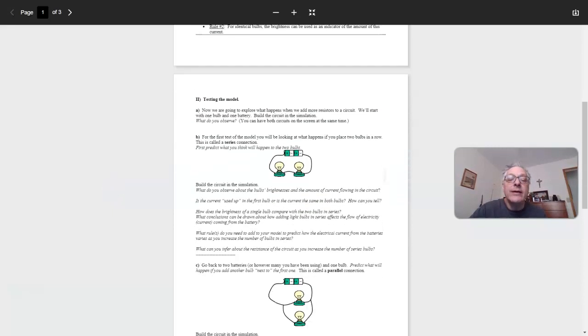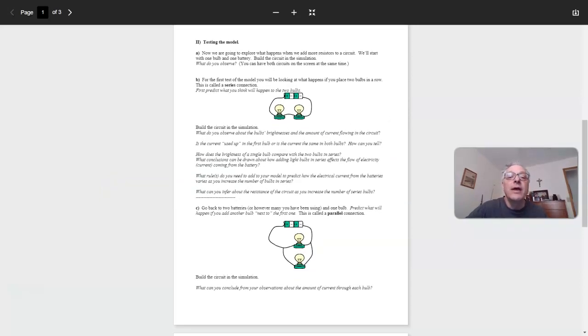So if you go down and look at the lab itself, the first thing we're going to do is have a battery source. Our picture here actually shows two batteries connected in series. We have two batteries connected in series, connected to two light bulbs, which are also in series. Now, a series just means